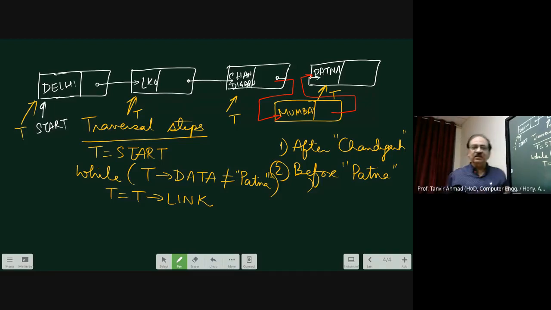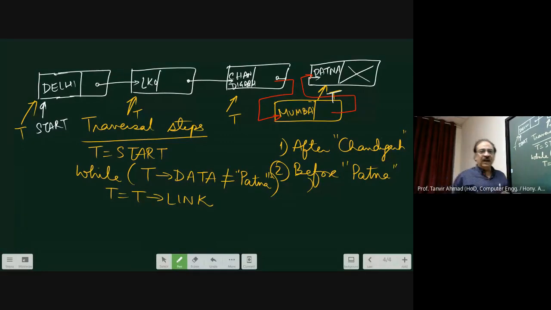Now the question is, what is the solution? With this method you cannot do because your T is at this place. You cannot move backwards because you do not have the address of that one. You only know the current address and maybe the next address. Now next over here is already null. That means you cannot go back. And therefore, for this there are two solutions.